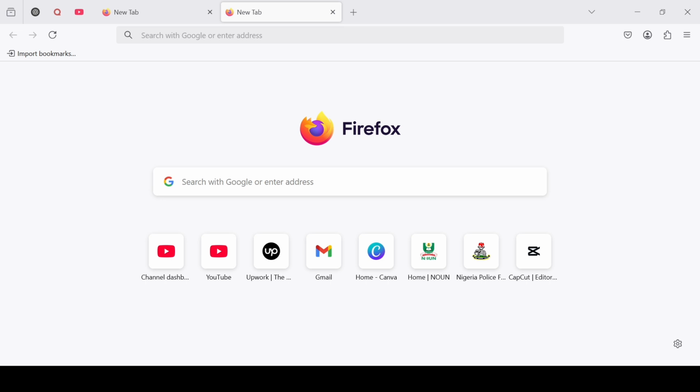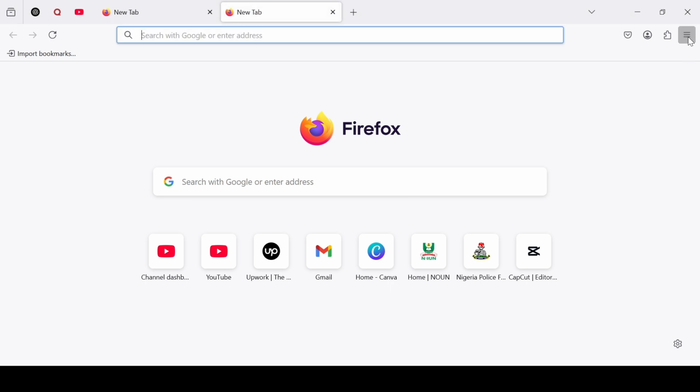Therefore, we are going to be using a new incognito window. Hope you are with me.